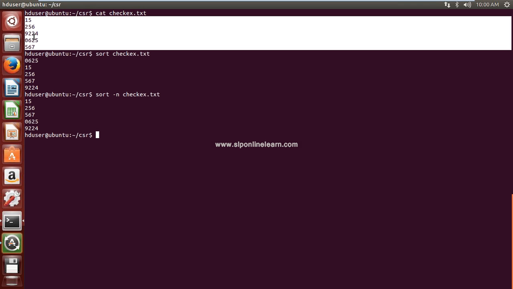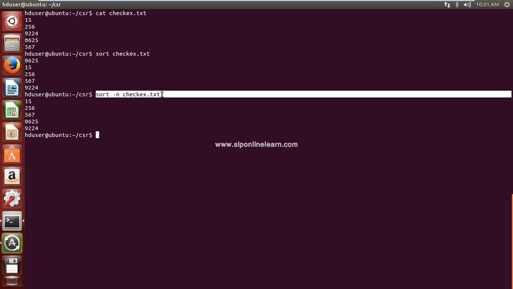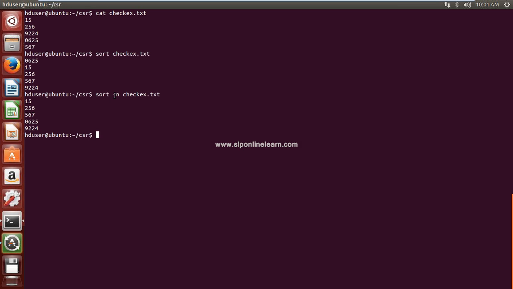So if it is numeric values, then explicitly we have to tell that this is a numeric column, so sort the data based on the numeric values. That is what we are doing here. So sort space, option is n, so minus n, space, your file name. Here this file has some